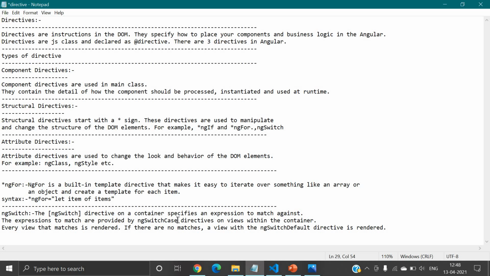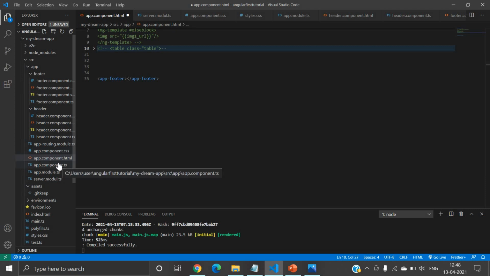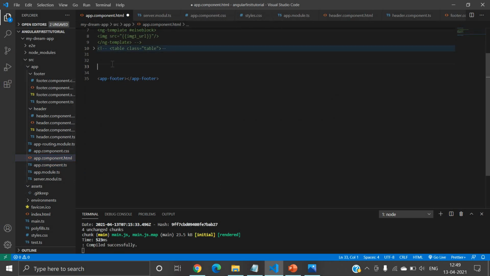So now let's start with a real example. Let's collapse this code, and I will go inside app.component.ts. First of all, I will create one property. I will use a public access modifier, and inside I will write the property name, something like color, and I will assign it the value red. This property I will use inside an ng switch statement, right?